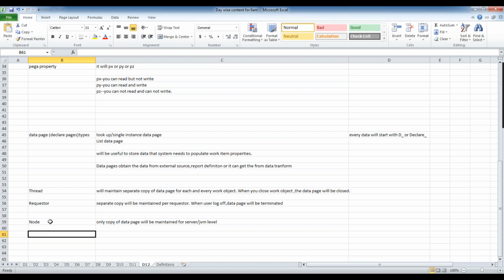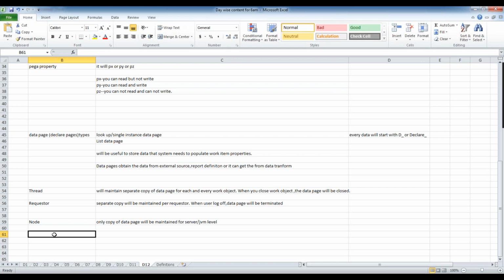Let's say you want to display some states and countries for an application. The states and countries won't change very frequently, so I can say it's purely static. When you are fetching that kind of data, you can set the scope as node level. In that case, one copy will be maintained, and that one copy will be shared across all the requesters and all the threads.